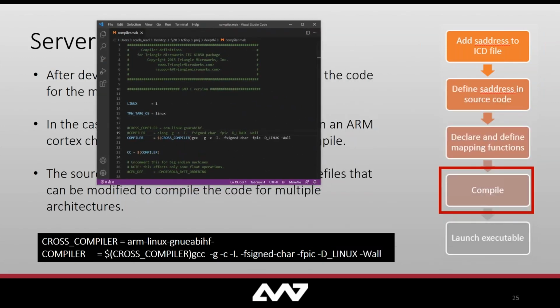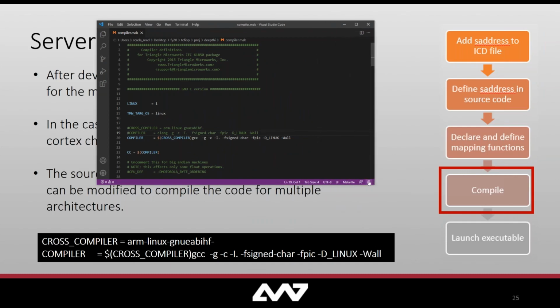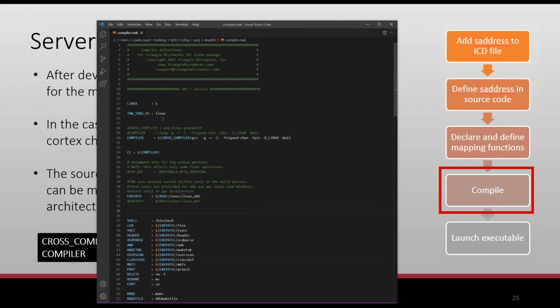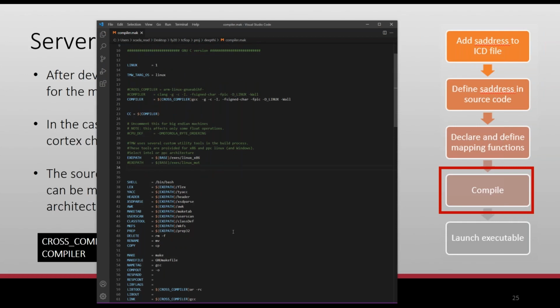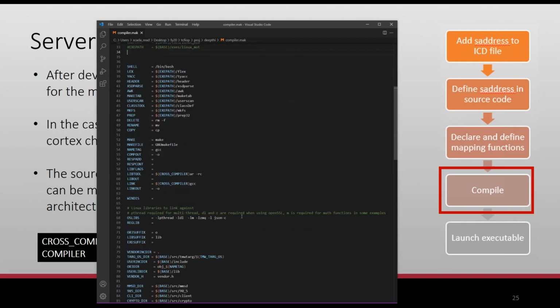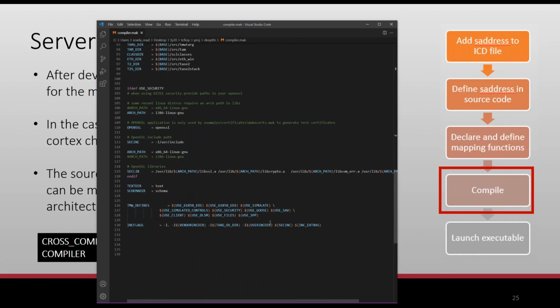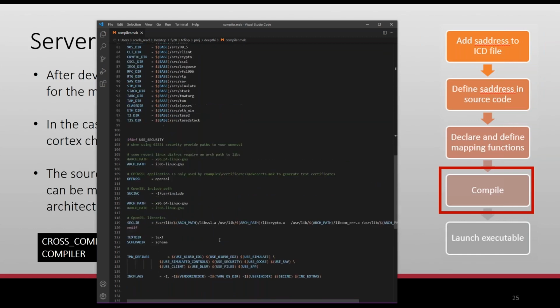This is an example of the compiler makefile that comes shipped with the source code library itself, wherein you can go in and edit if you're going to be using a compiler or cross-compiler, if you want to use GCC, or if you want to use the Clang compiler. You can also add paths to other libraries that your application needs in this makefile. For example, if you wanted ZMQ, JSON, anything, all of those libraries can be added in here. So this takes care of compiling the source code and then integrating that with the application code that you have.